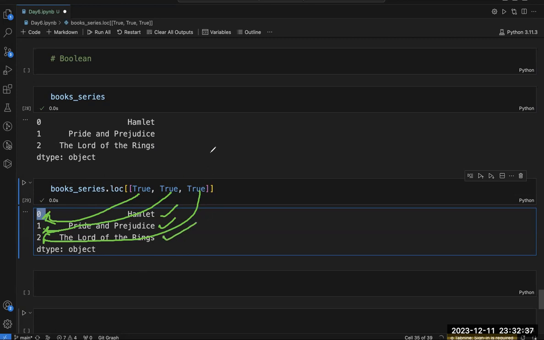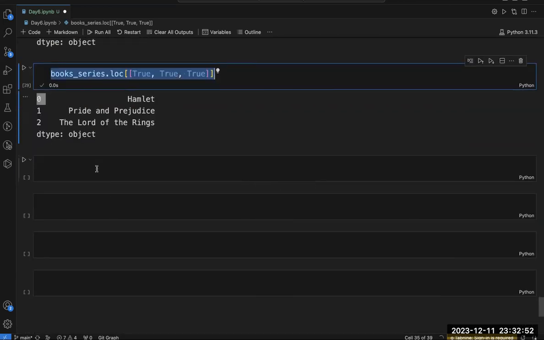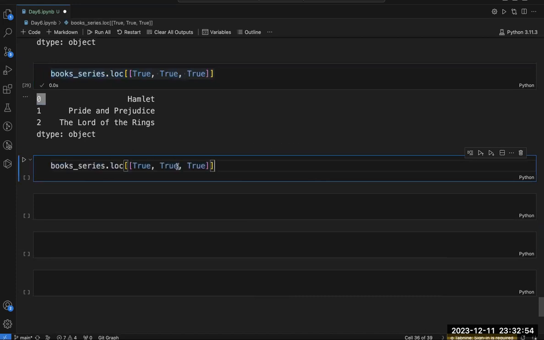Now let's do one thing. Next time, let's copy this, paste it here, and change something. Instead of this true, let's change it to false.